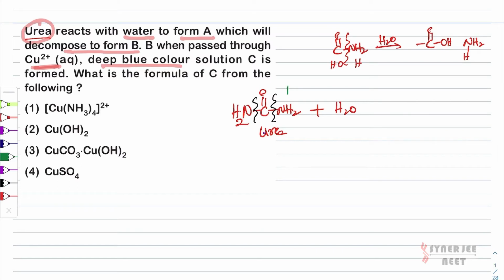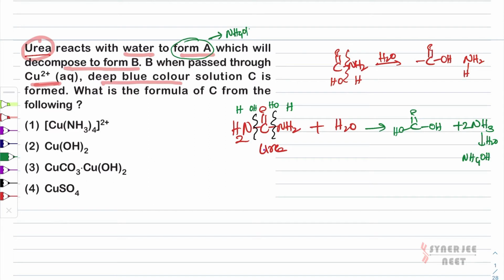So here I am adding H, and on the left side OH. Similarly I am adding H, and on the right side OH. So carbon, double bond O, and OH and OH, and the other part becomes 2 molecules of ammonia. Now ammonia, when present in water, actually exists in the form of NH4OH, ammonium hydroxide. Now they are saying the compound A is formed. So this compound A will be ammonium hydroxide, NH4OH.